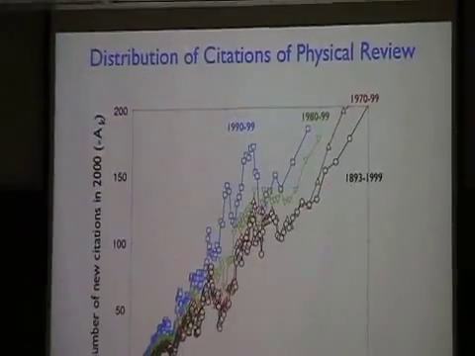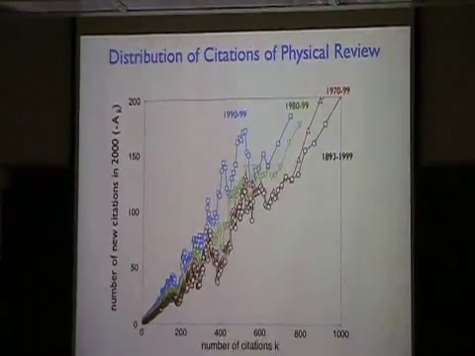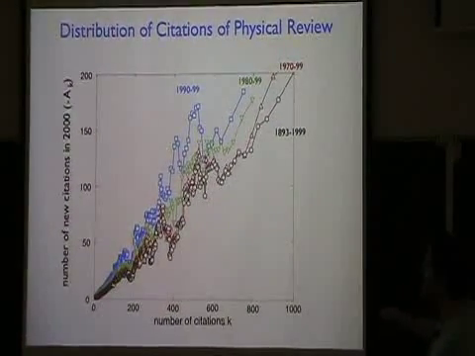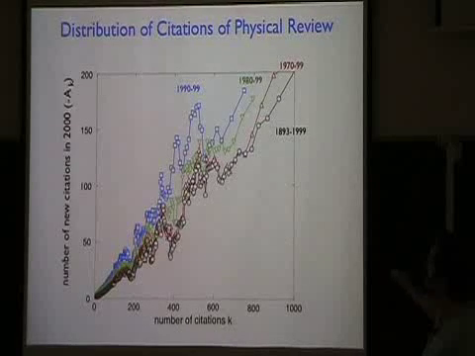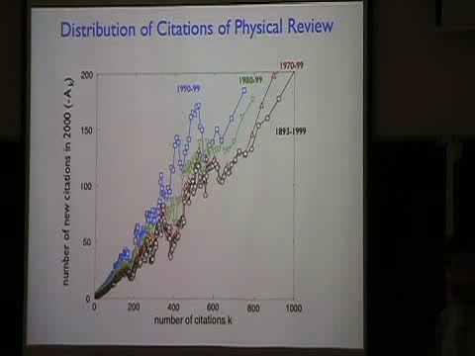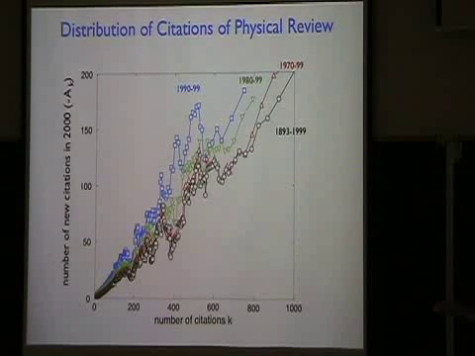And one of them was the case of the attachment rate in the physical review network. So this is essentially the same data I presented to you last night, or 2 nights ago. The only thing here is that the black is the attachment rate in the year 2000 to all papers in the Physical Review data set from 1893 up to 1999. And then I did smaller slices just to see if there was some change as a function of time. And in fact, there's no real change.